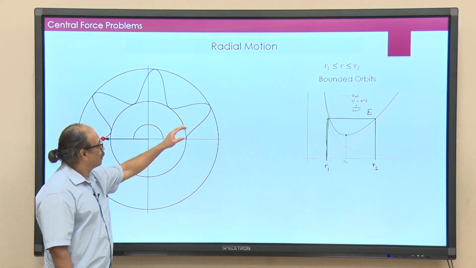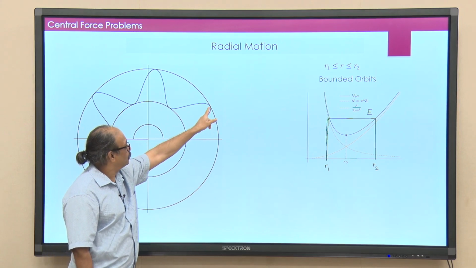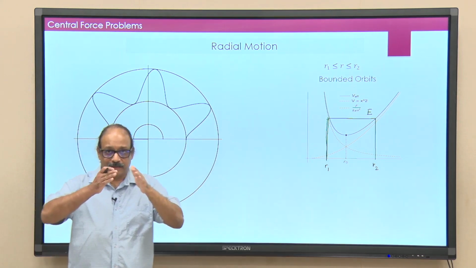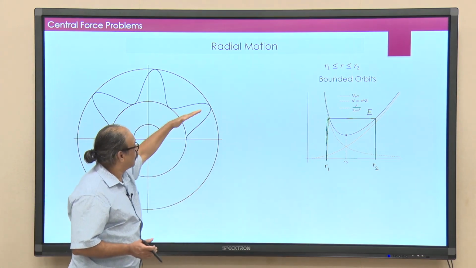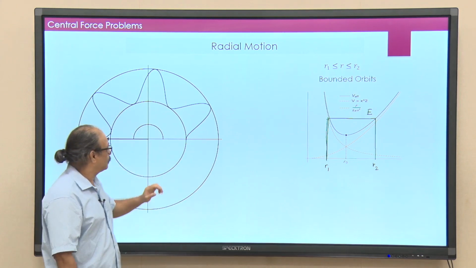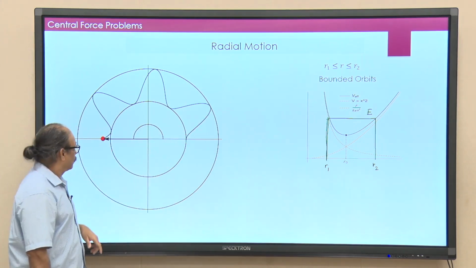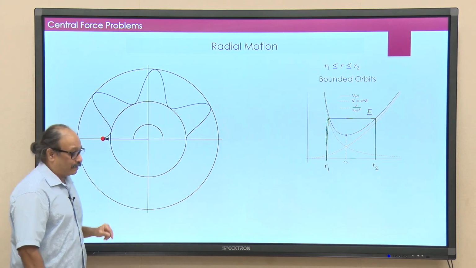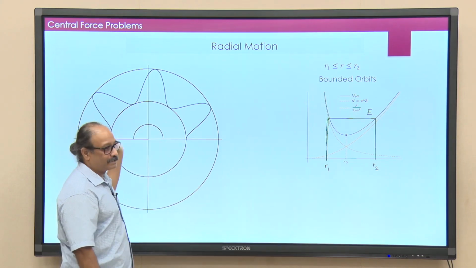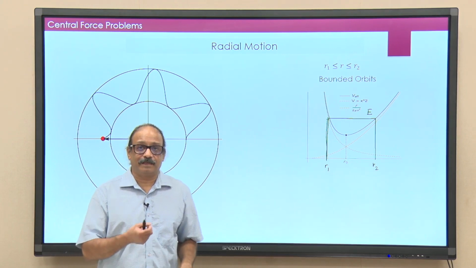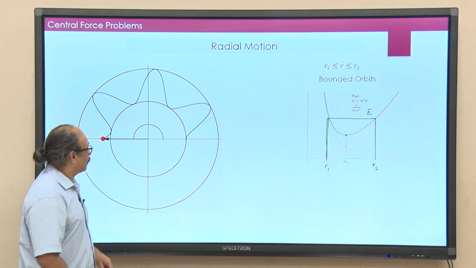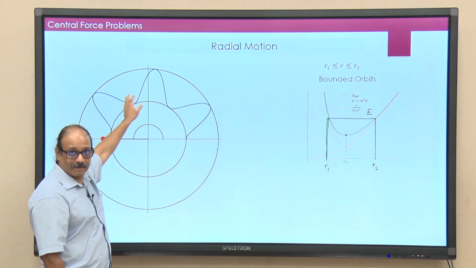And then we will also show that in fact, if you take this point and draw a line all the way up to the origin, the trajectory on one side of that line and the trajectory on the other side are symmetric about that line, okay. This is the result I will show in the next class. So, this is how an orbit will look. R goes between r1 and r2, and at the same time theta is changing, but how much theta changes, we do not know; we need to do the calculation. Once I do that calculation, I will be able to map correctly the trajectories of this particle.